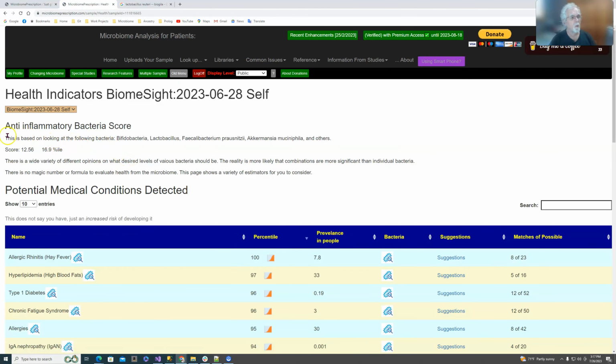First thing is the anti-inflammatory bacteria score, a new feature added because somebody else asked a good question which we realized I could answer. And what we see is the person is down at the 17th percentile, which means that she has a lot less bacteria producing things to reduce inflammation than most people. Hence, probably, chronic fatigue syndrome has a high amount of inflammation for her,